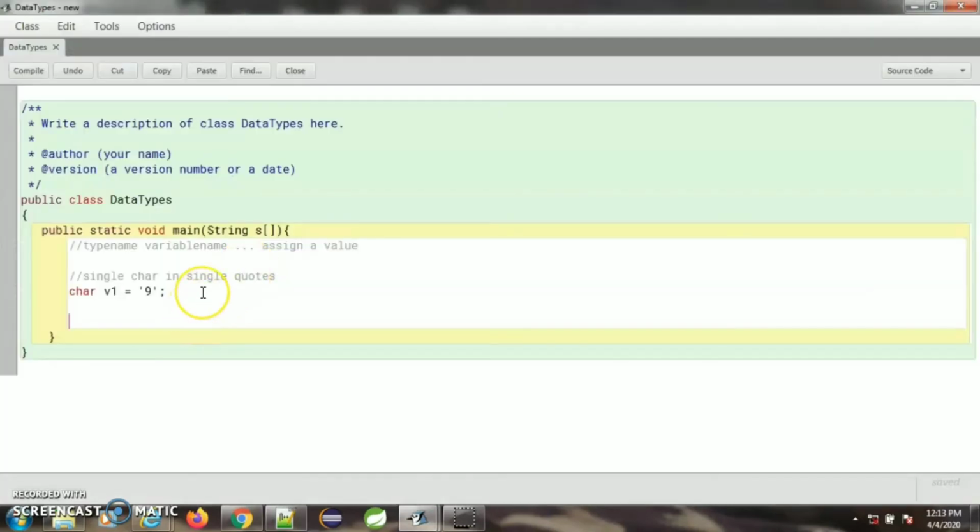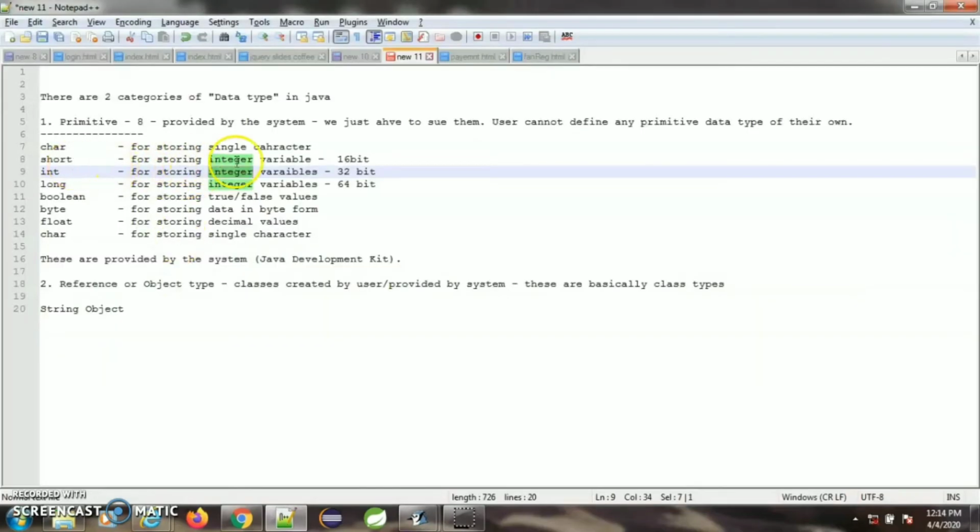Okay, so let us bring them into action. Short v2. Now the variable name can be anything, but the type must be the one which is defined by the system. You cannot write anything else. For the variable name you can use anything like v or 2. It does not matter, it is up to you, but give something meaningful here. As I said, all three of them can hold only integer values, but the difference which is not obvious to you is that they will occupy different memory sizes. You can use any data type for storing an integer value, but the recommended one is int, because it is the default one which Java uses for integer values. So you should go with the default one.